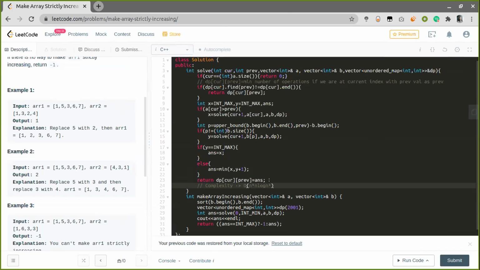Whenever you find a value, in this example, you go to 5 in array one and try to find a lower bound in array 2 because it is sorted. That's going to be a binary search, right? But then how do we actually make this work? I didn't really get that.